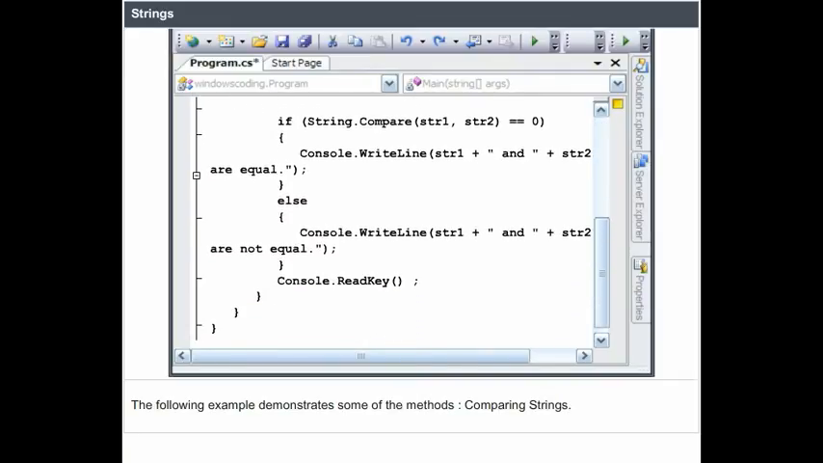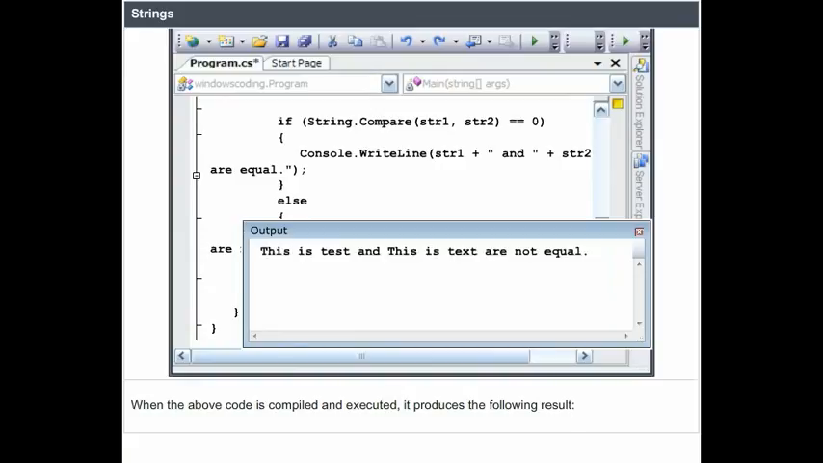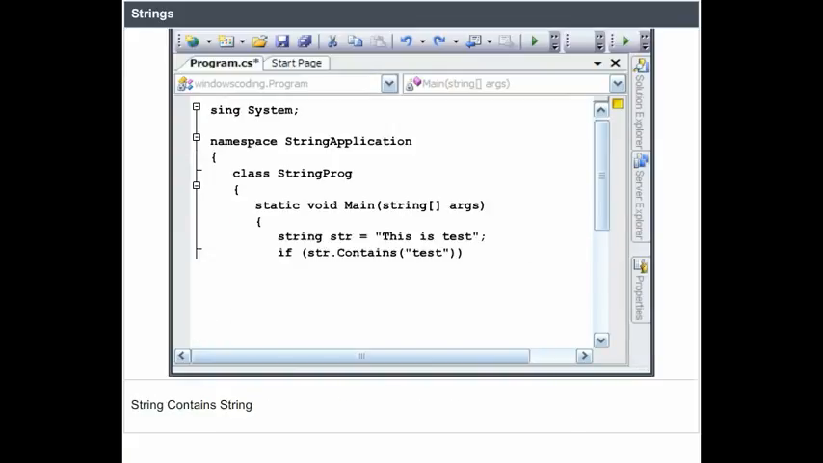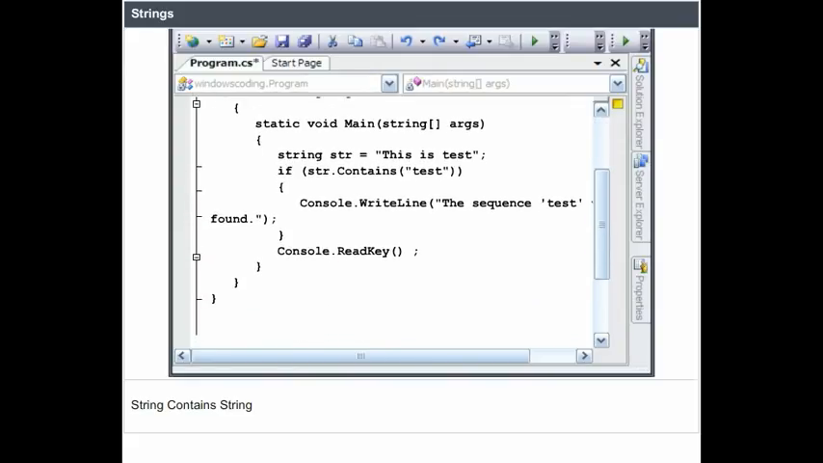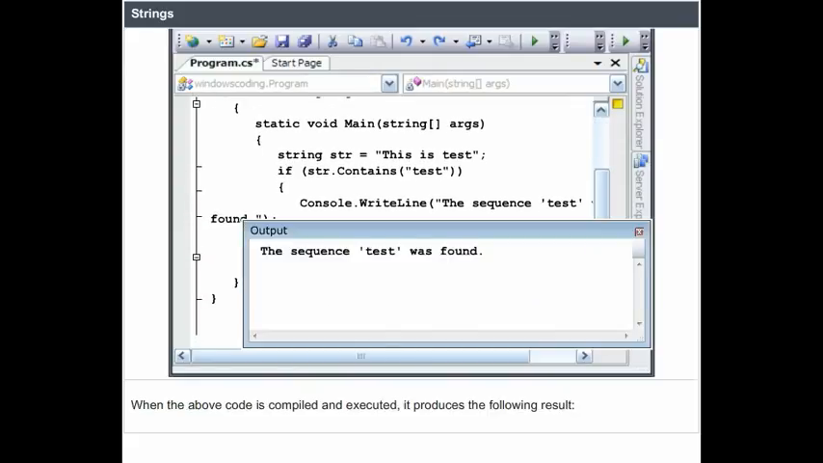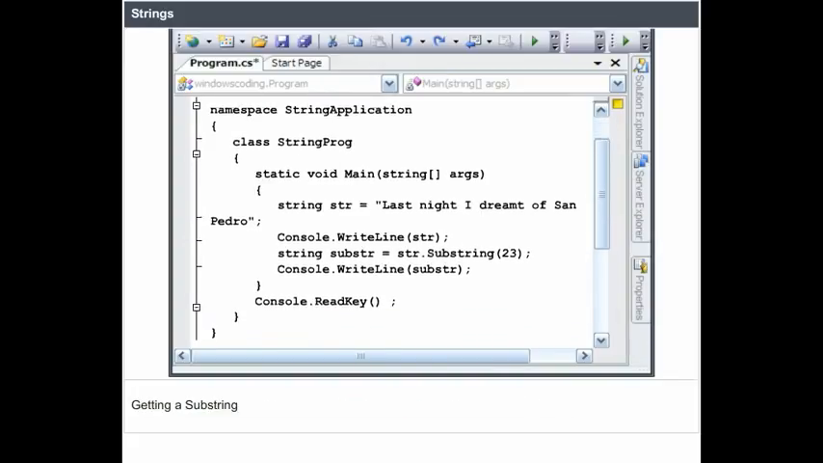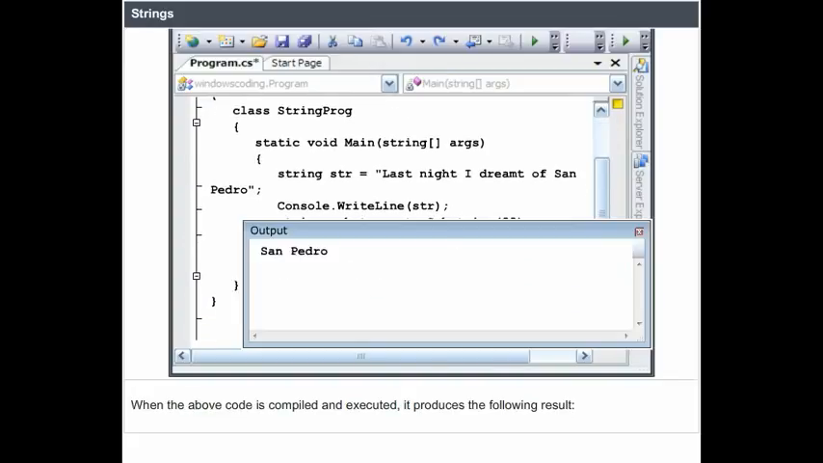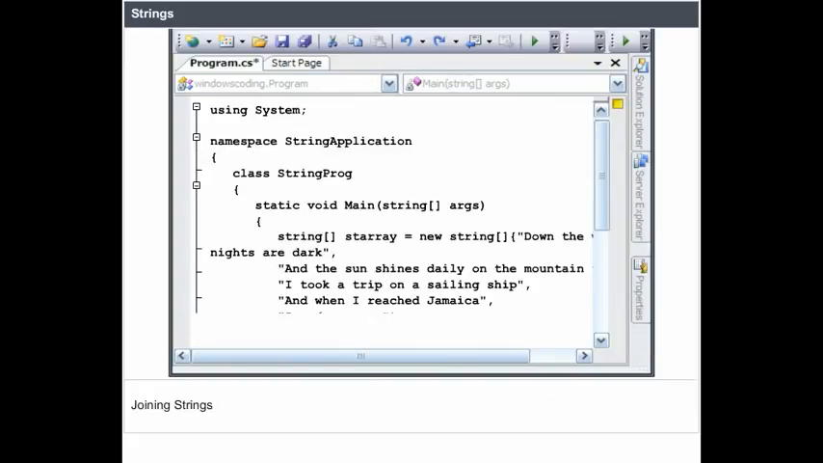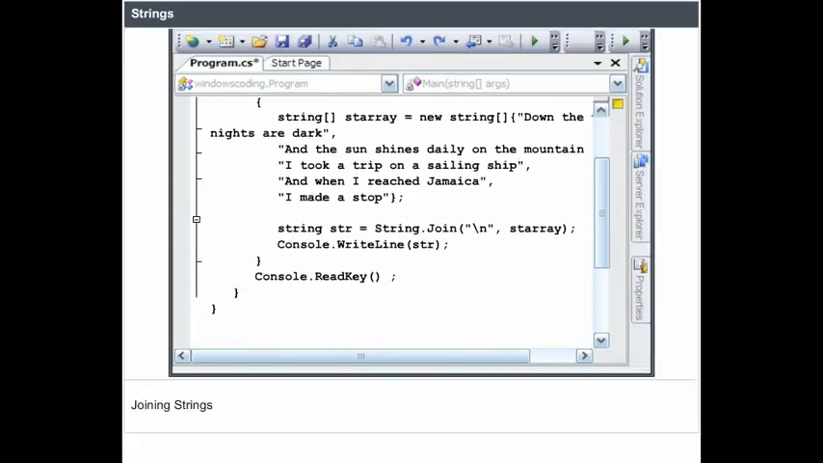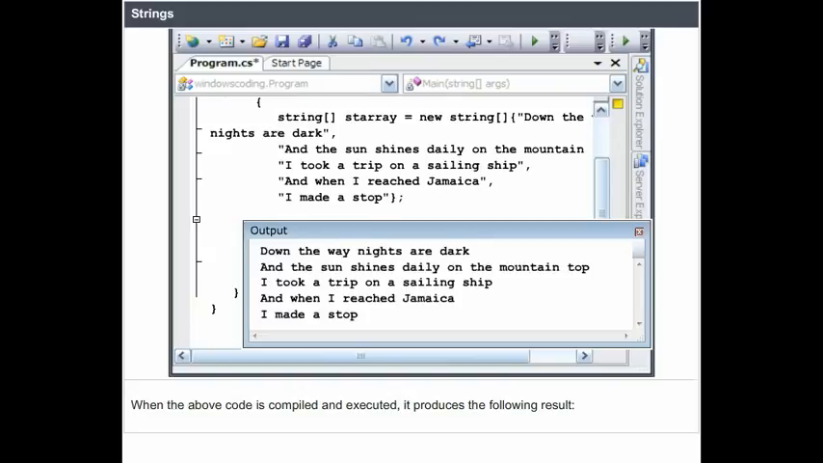Comparing strings. When the code is compiled and executed, it produces the following result. String contains string. When the code is compiled and executed, it produces the following result. Getting a substring. When the code is compiled and executed, it produces the following result. Joining strings. When the code is compiled and executed, it produces